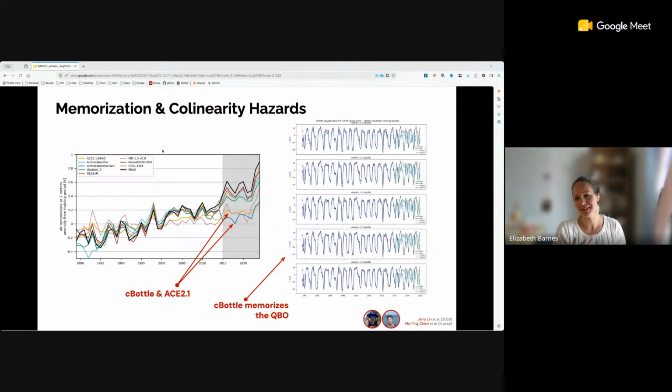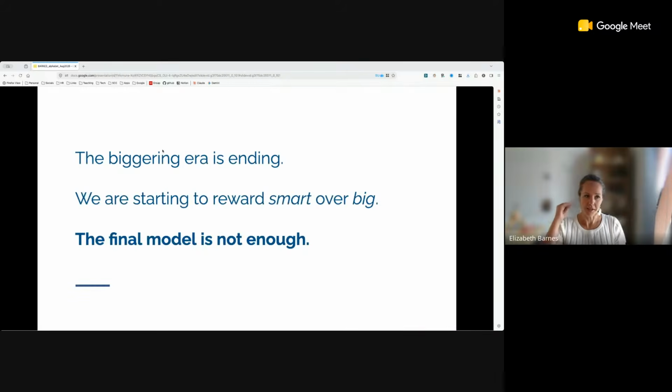However, it turns out it's because it's too good. No model should be able to replicate reality this well due to chaos. And so, in fact, it has memorized the data. And it's the light blue line, which is the testing data, where it all falls apart. So again, we continue to figure out how to keep these models learning physics, doing a good job without memorizing the short data record that we have.